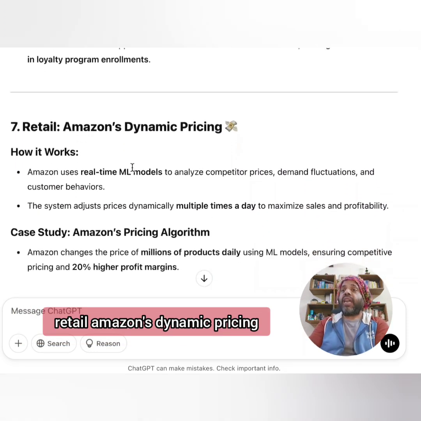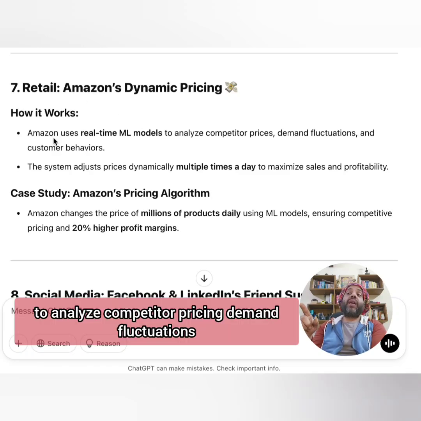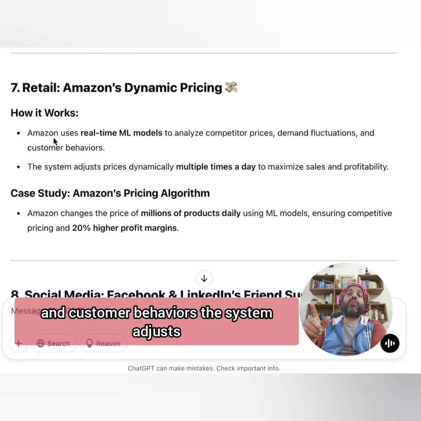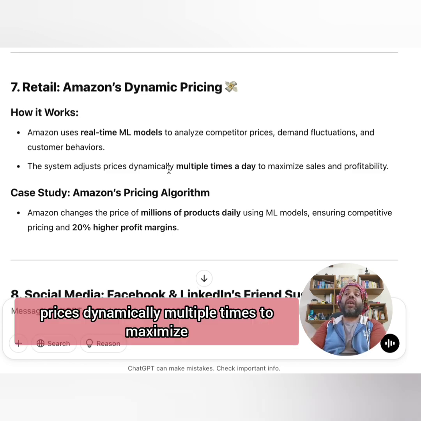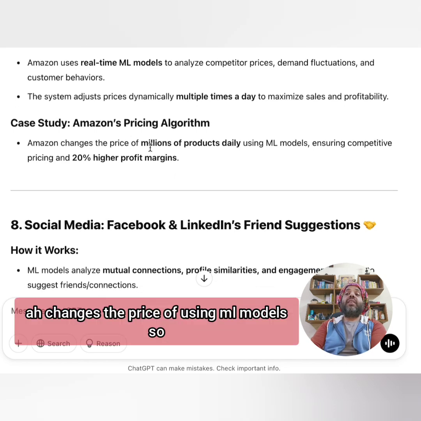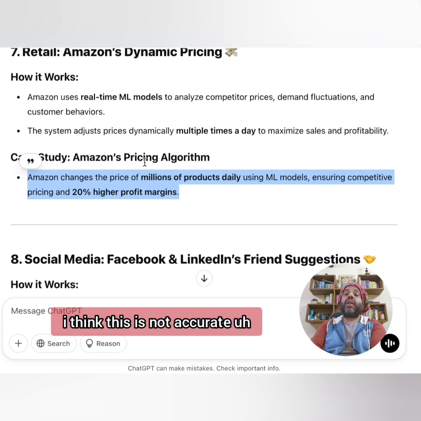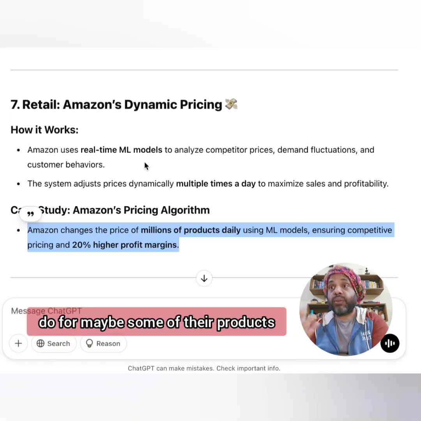Retail, Amazon's dynamic pricing. How it works. Amazon uses real-time ML models to analyze competitor pricing, demand fluctuations, and customer behaviors. The system adjusts prices dynamically multiple times to maximize sales and profitability. Changes the price using ML models. So I think this is not accurate because Amazon does not, I mean, maybe they do for some of